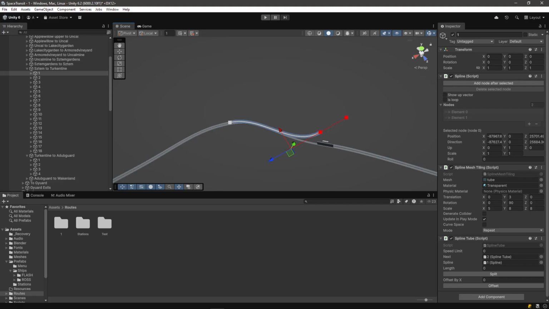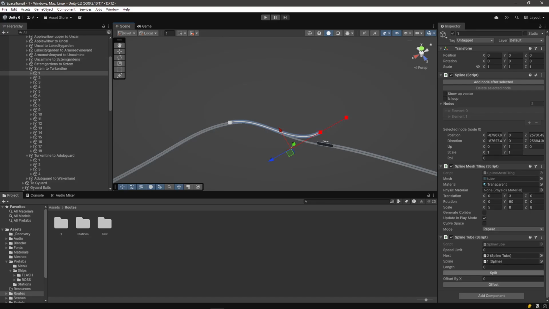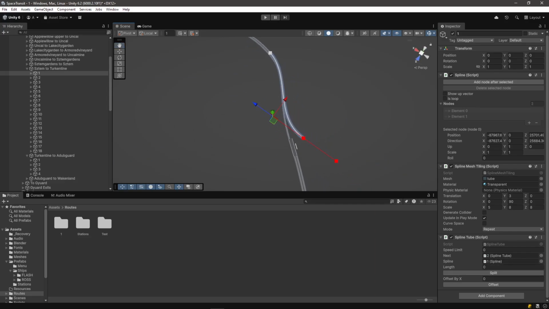It's actually probably easier to make tubes this way, tracks this way. And then once I do that, I just press split, which will create one spline out of each pair of nodes. So yeah. And then the other way is just click offset, which takes each node and then